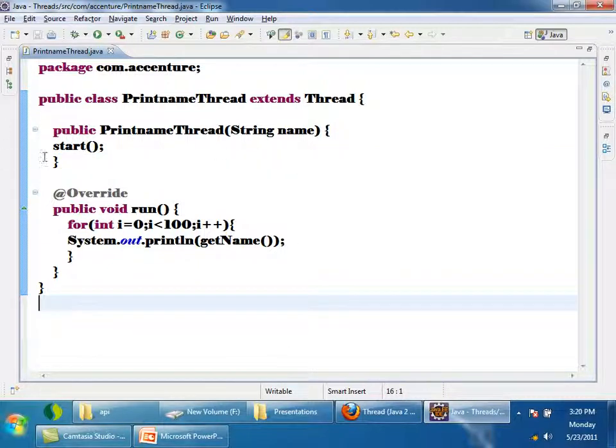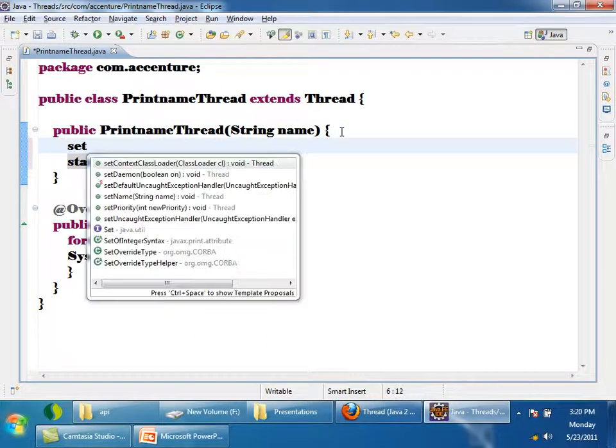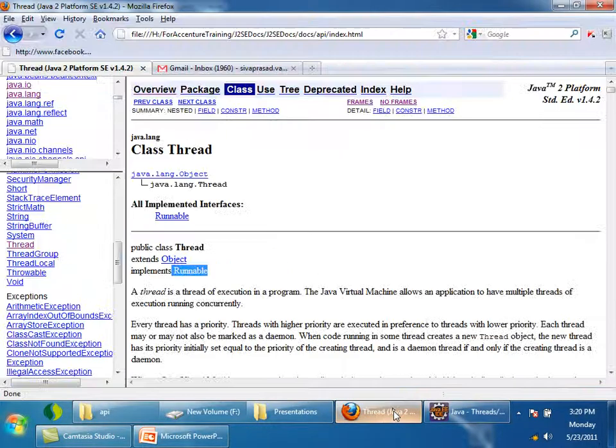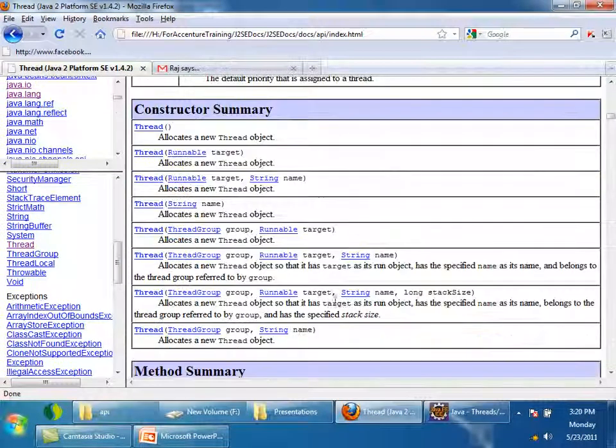And what about the name? How do I assign a name? There are two ways. What I can do is I can call setName and assign the name. This will assign the name to the thread. This is one way. Then I am starting it. Or see, the Thread class is having a lot of constructors.